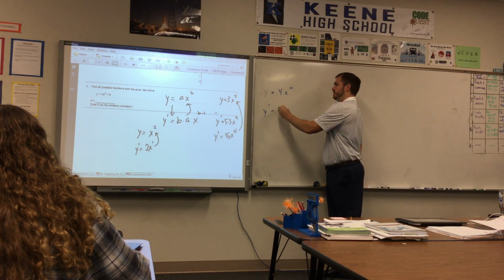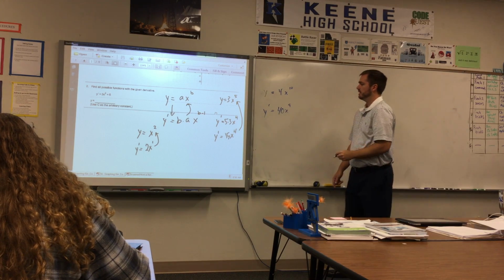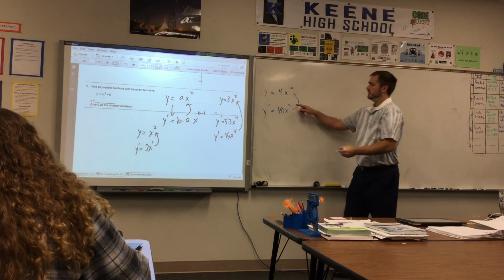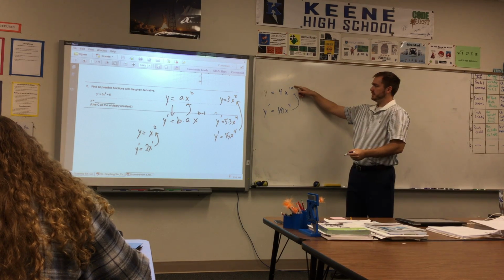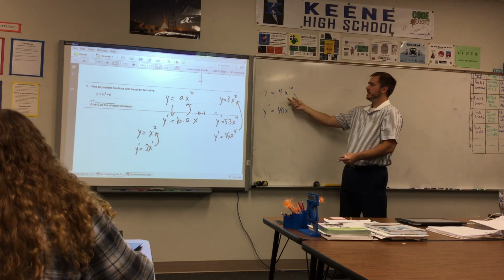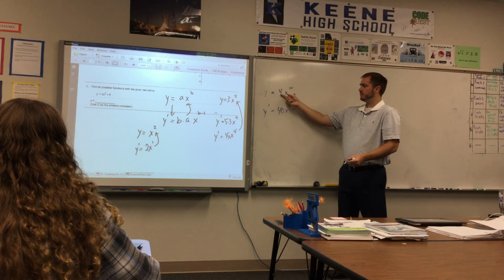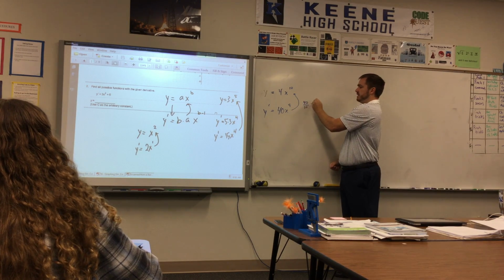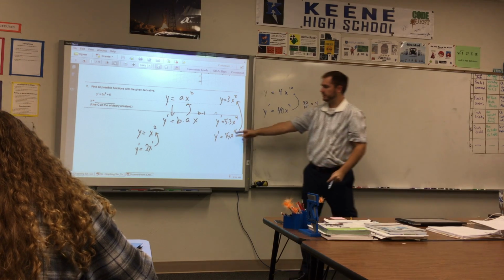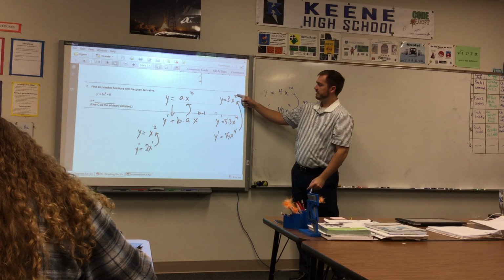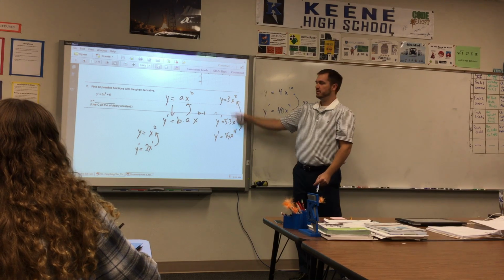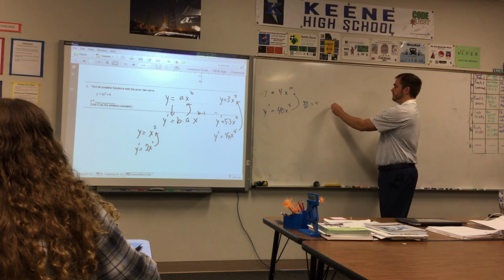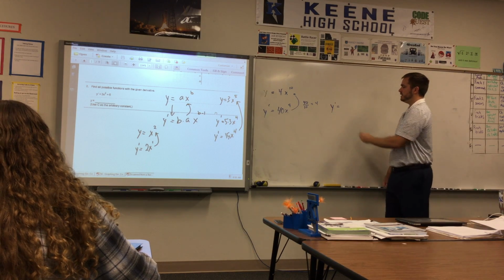40x, okay, 40x to the 9th. So let's think about what's going on if we're going from here to here. It looks like that exponent gets bumped up by 1. That's going to take care of the 9 to the 10. And here we've got a 40, and we're going back to a 4. So if you had the 40 divided by 10, that's going to give you 4. Over here, we had the 15 divided by the 5, that would give us the 3. Okay? So that makes us think, if we have y prime equals